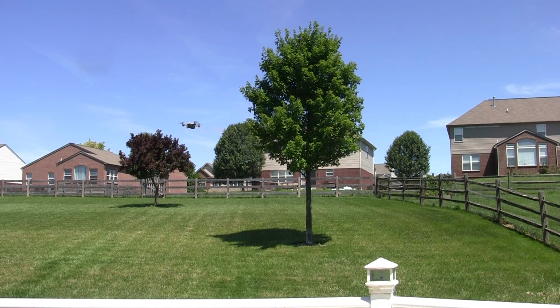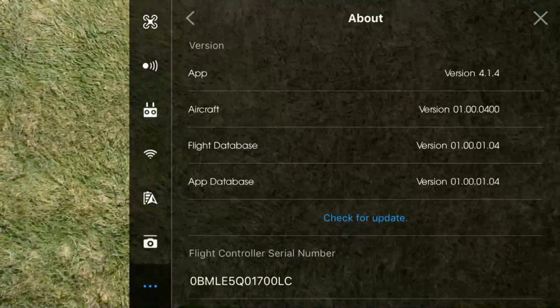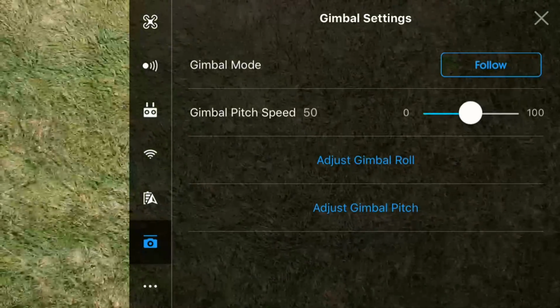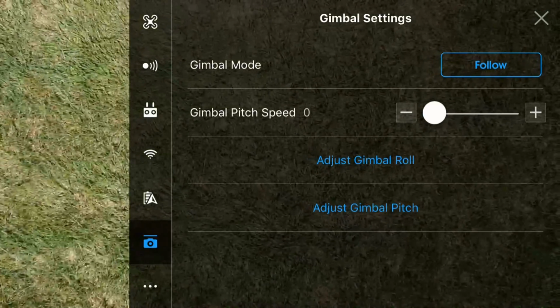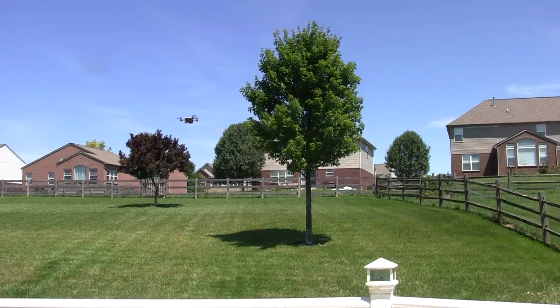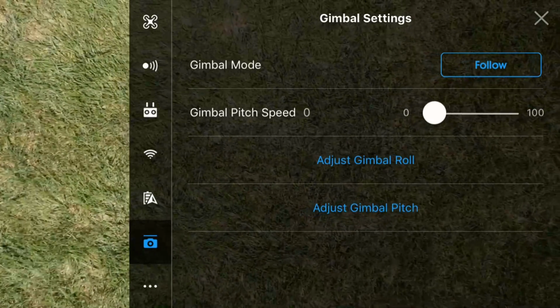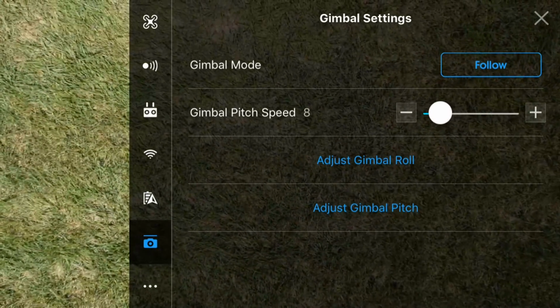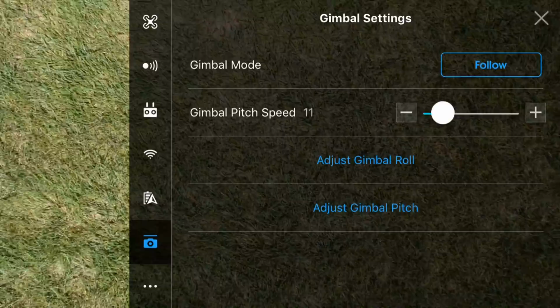We go into our gimbal settings, change the pitch speed to 0 on that. Okay, so then we're gonna roll it, but you'll see it's not moving at all. I got it full all the way and it is not moving at all. So then we'll go back into our settings, dip it down around pretty slow. Oh, it's kind of hard. So down around 3 right there,